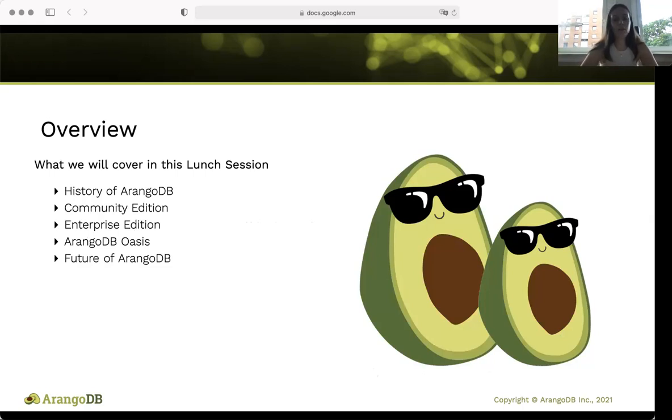And finally, we'll also go into the future of ArangoDB and what we have in store. And when we wrap up, I'll give you guys some helpful links to get started with ArangoDB, as well as share where you can see us in the future, and if you want to stay up to date with news and events and everything happening with ArangoDB.